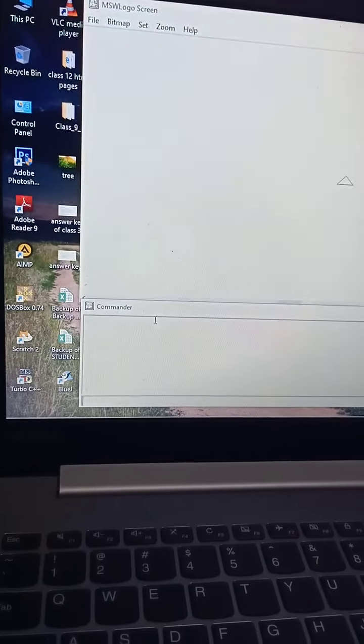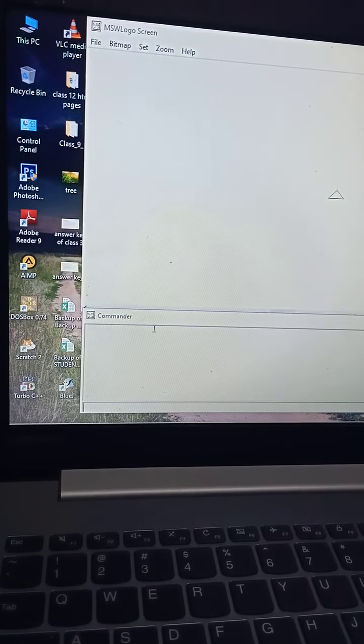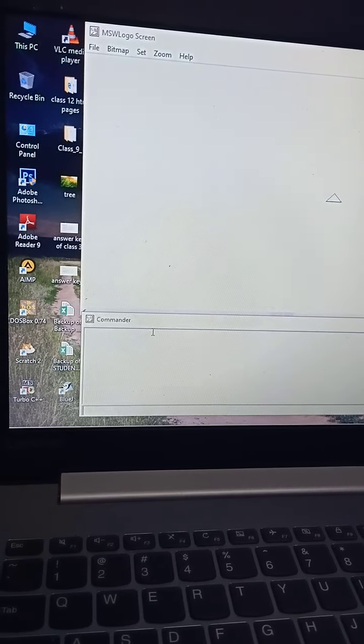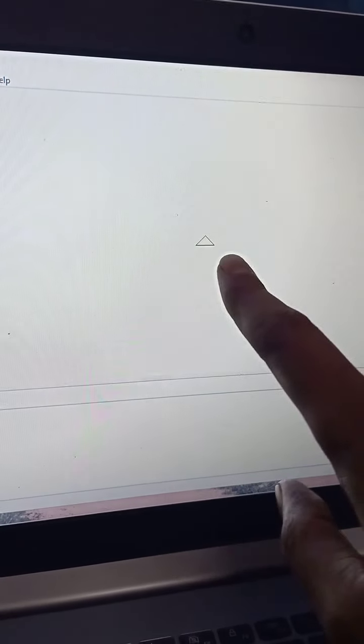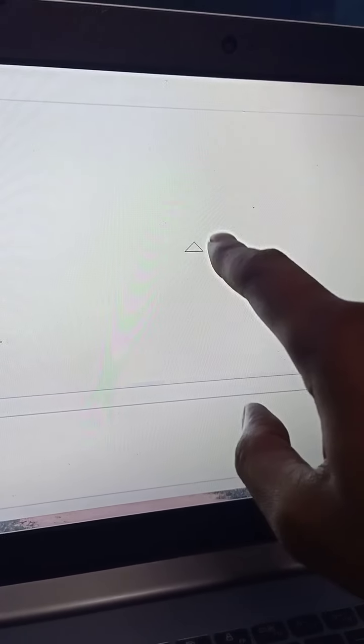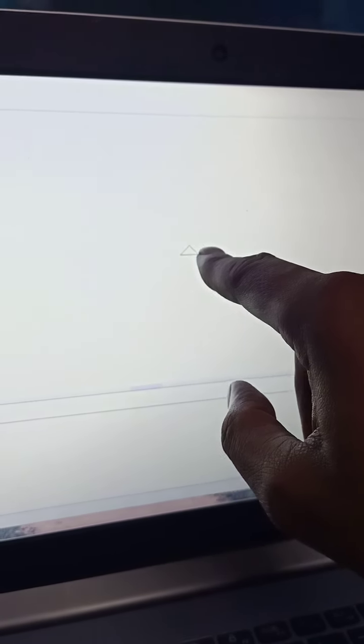So today I'm going to show you how to draw the various figures on the logo. This is a triangle in shape, one thing. This thing is called the turtle of the logo. So this is the head of the turtle and this is the tail of the turtle.